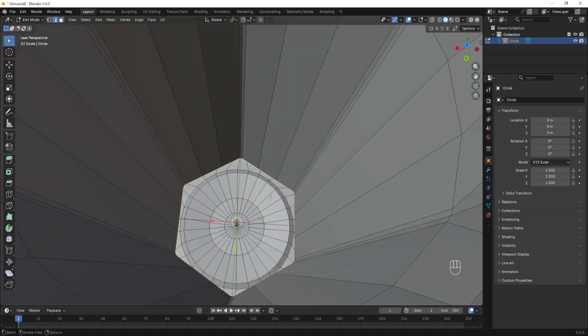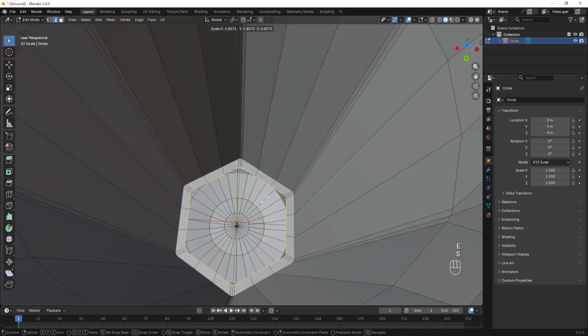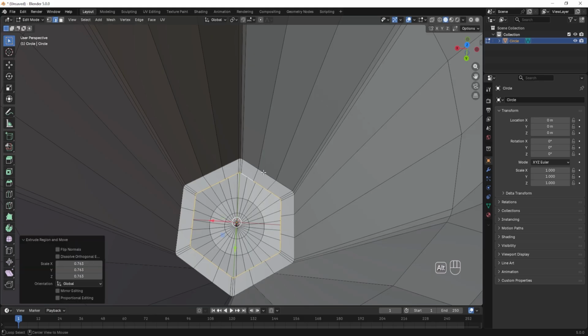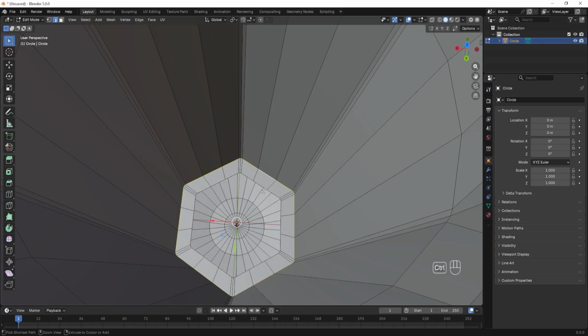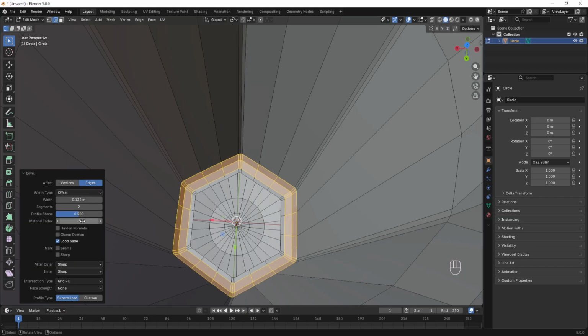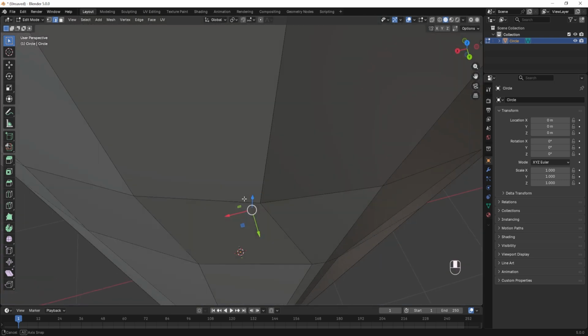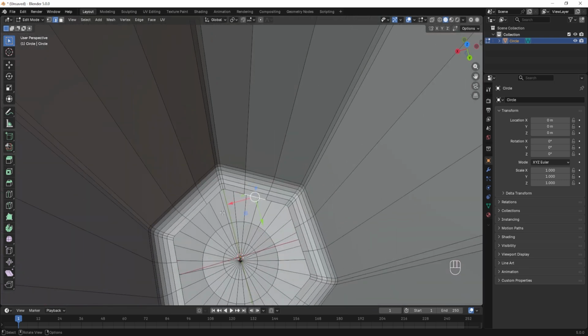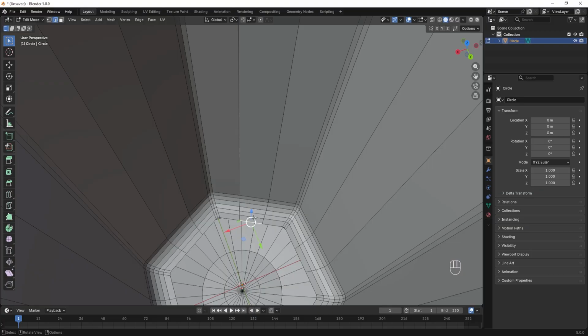Make sure you select this loop, press E then S, just like this. Now make sure you select this loop and press Ctrl B to bevel it, just like this, and the number of segments is 5. Now again select this, make sure you select this loop cut,